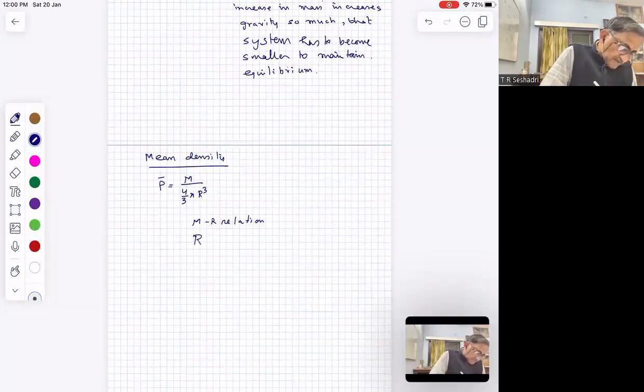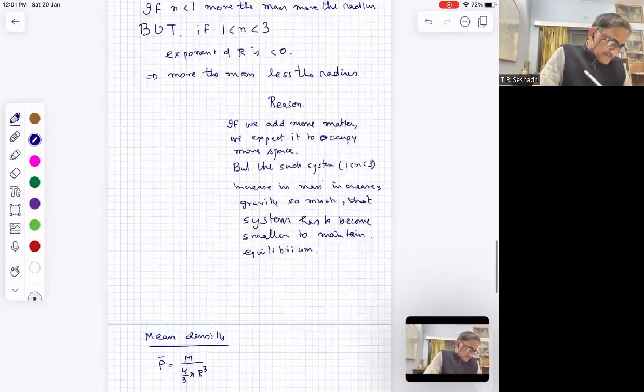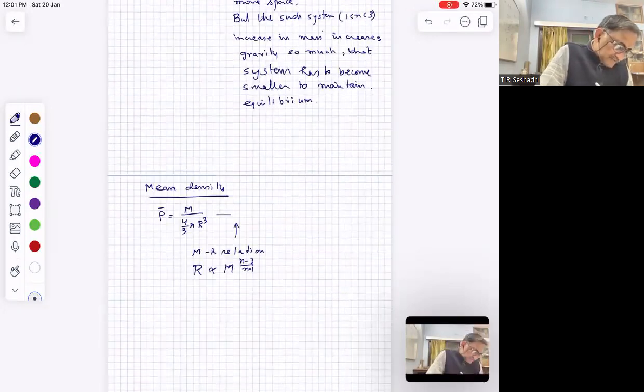We had r proportional to m power n minus 3 by n minus 1. Correct? Yeah. So if I put this here and calculate my rho bar,